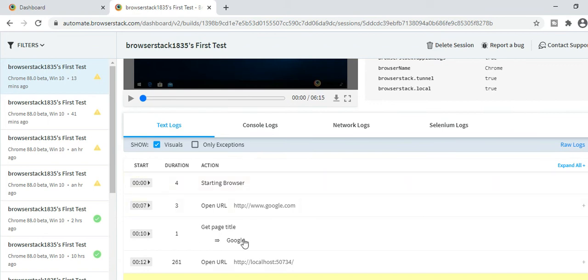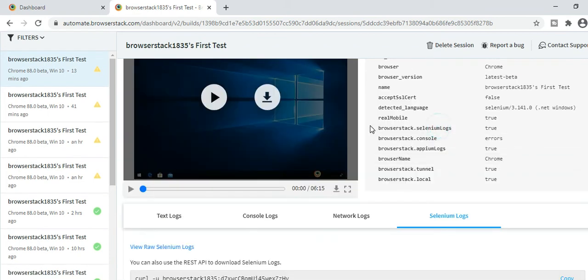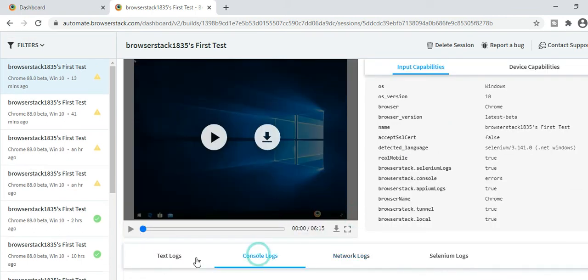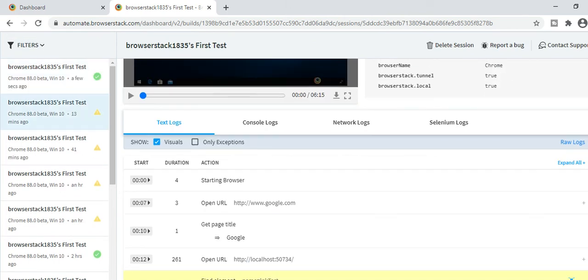And the logs as well: console log, network log, Selenium log. So this is a very good tool. Lots of logs are generated automatically without writing much code. If there is any error while executing your script, written in any language, it will show here in the console log. If you are calling a number of APIs and there is any problem, say you missed some parameter while calling the API, it will give an error. So you will see all the errors over here. It's a very good tool.